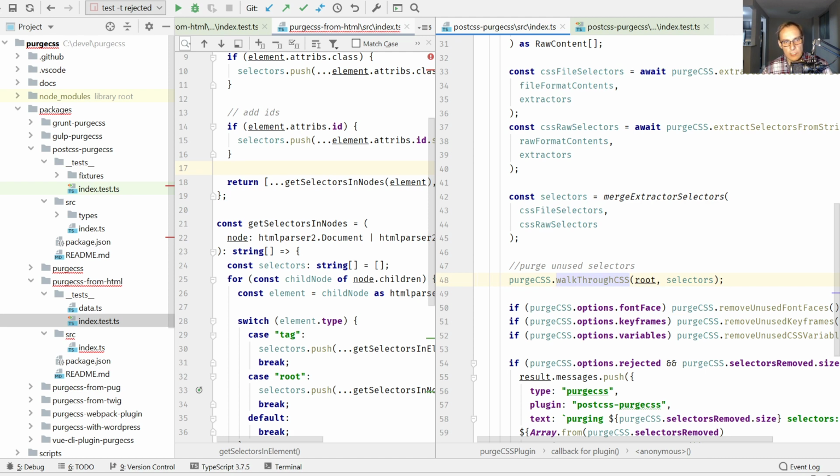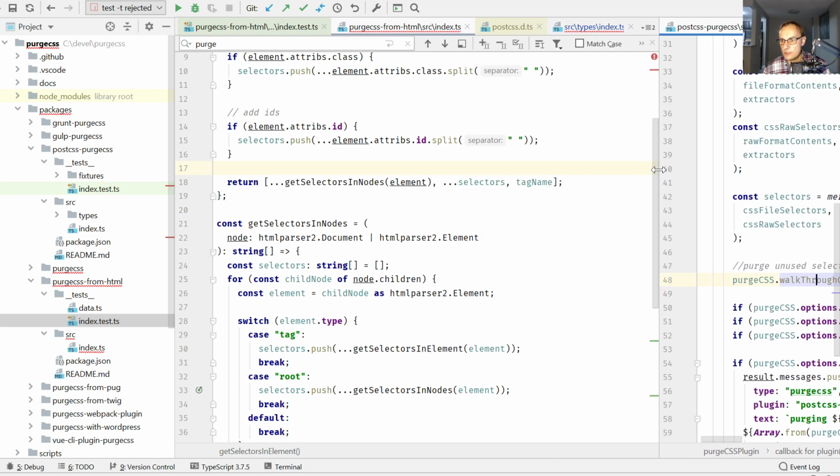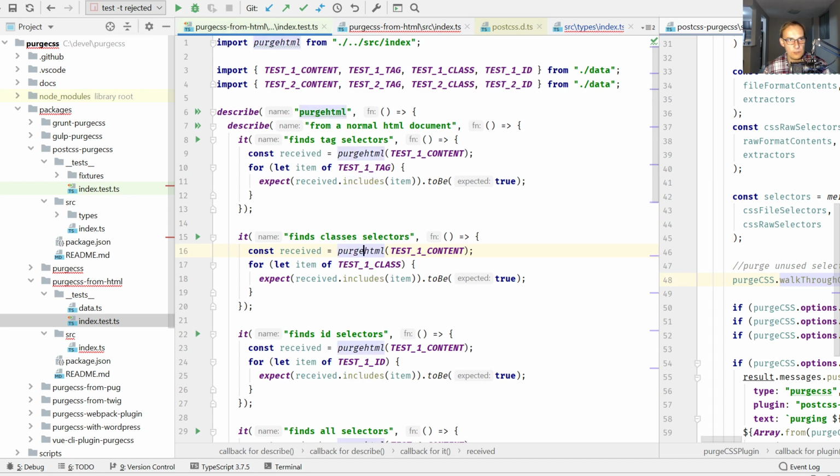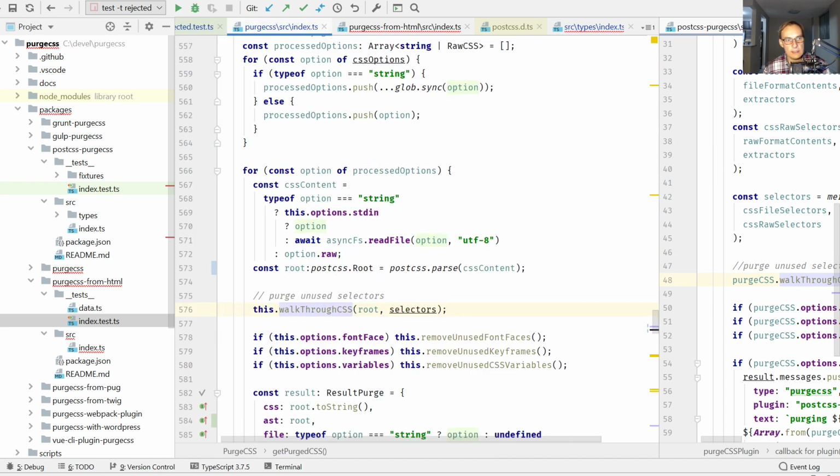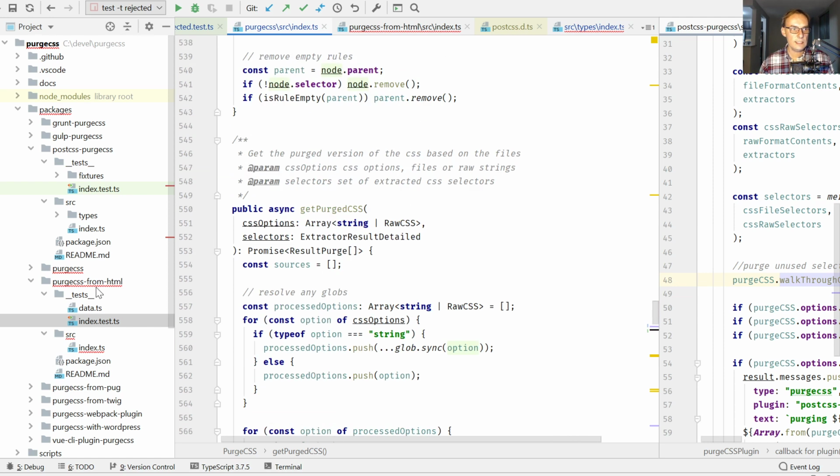Now, what is a good way to get where the files are from? Okay, as a last thing that I want to try, let's pretend I want to make my own plugin at this point. And this from HTML looks kind of interesting, but it's very close to what I want, right? Because all I really want is to